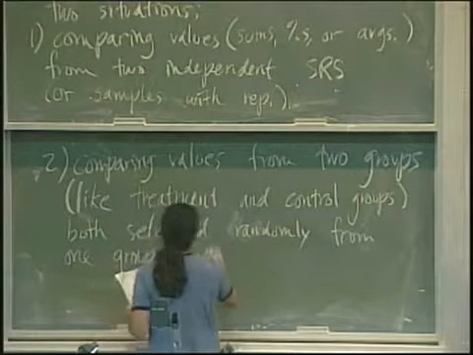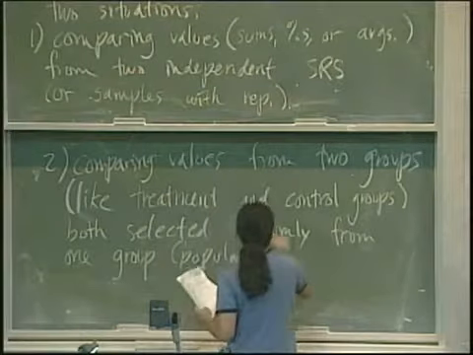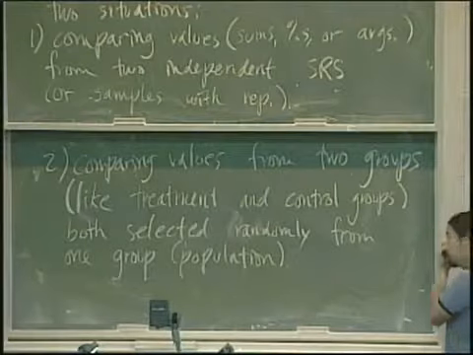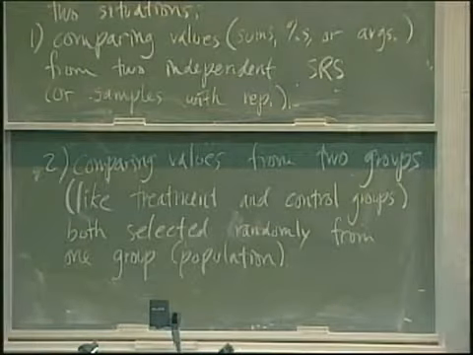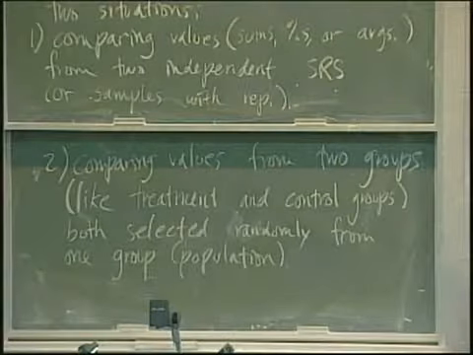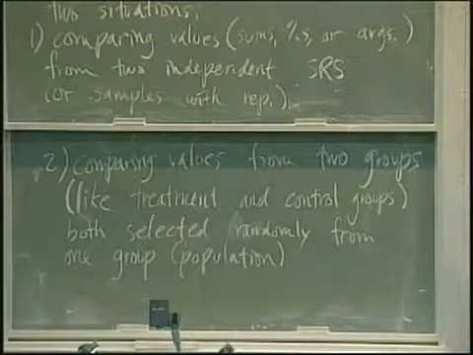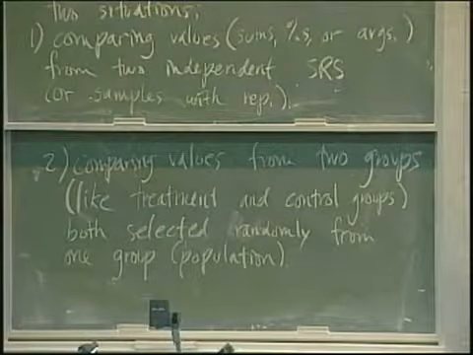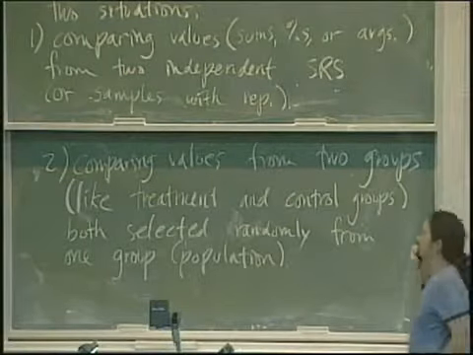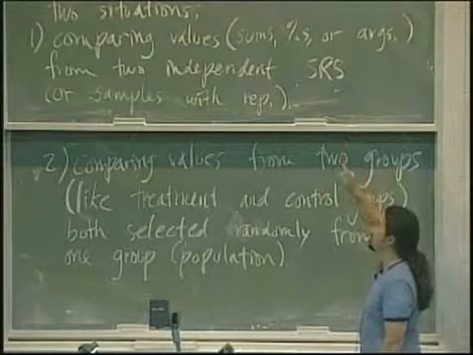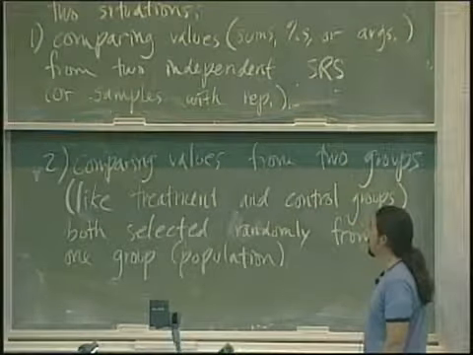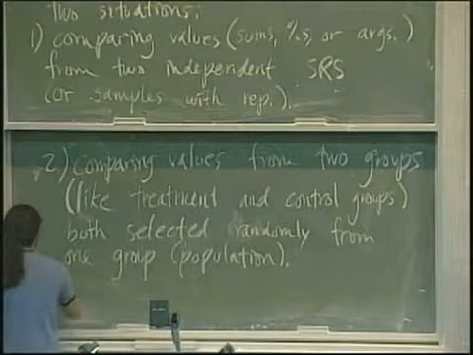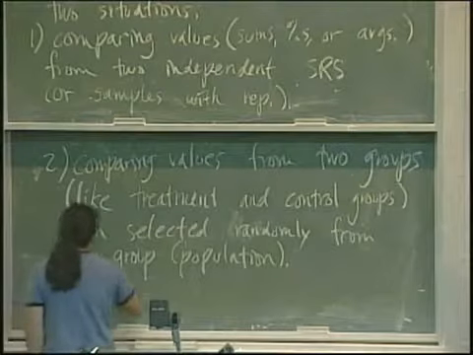So basically you have one population, and from that one population, the treatment and control groups both come from that same population. Okay? So you might think of this class, for example, as being a population, and if I wanted to do some experiment on the class, I might randomly select half the class to be in the treatment group, half the class is in the control group. And in that situation, it's legitimate to use the same two-sample z-test. And so I'll just say here at the end, basically treat the same way